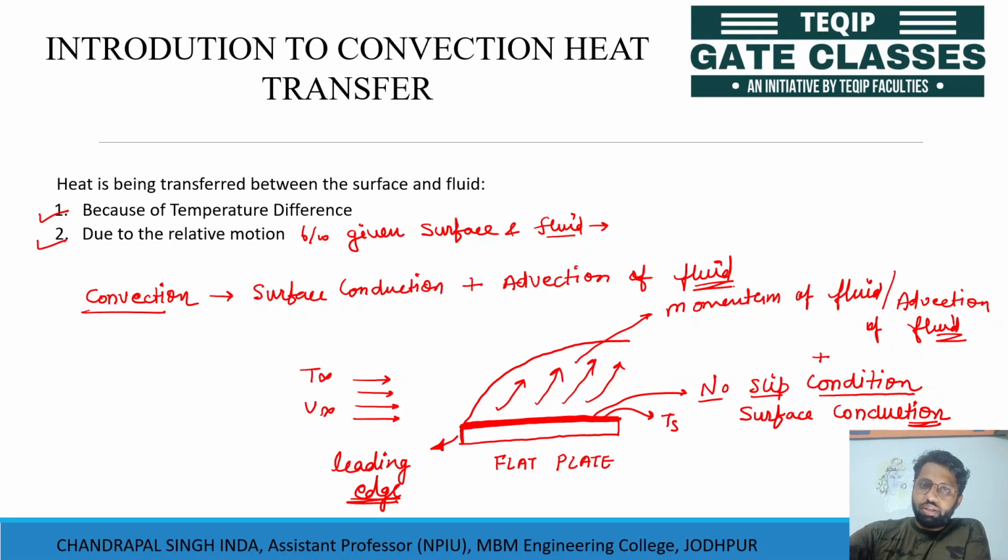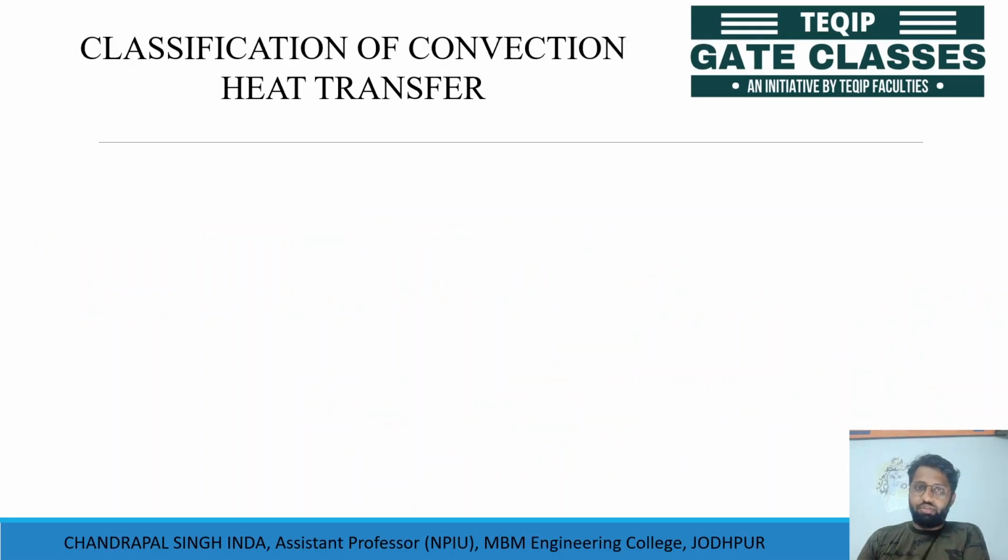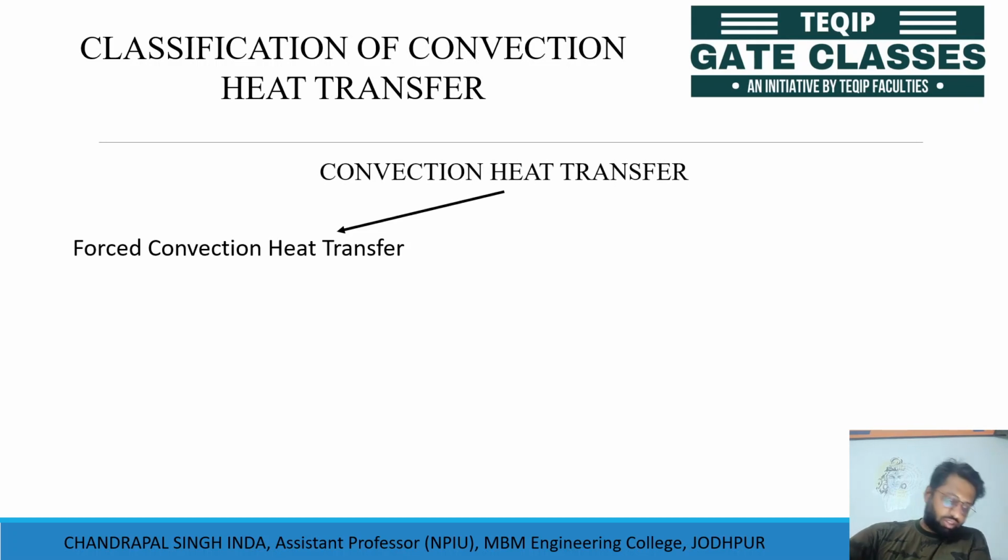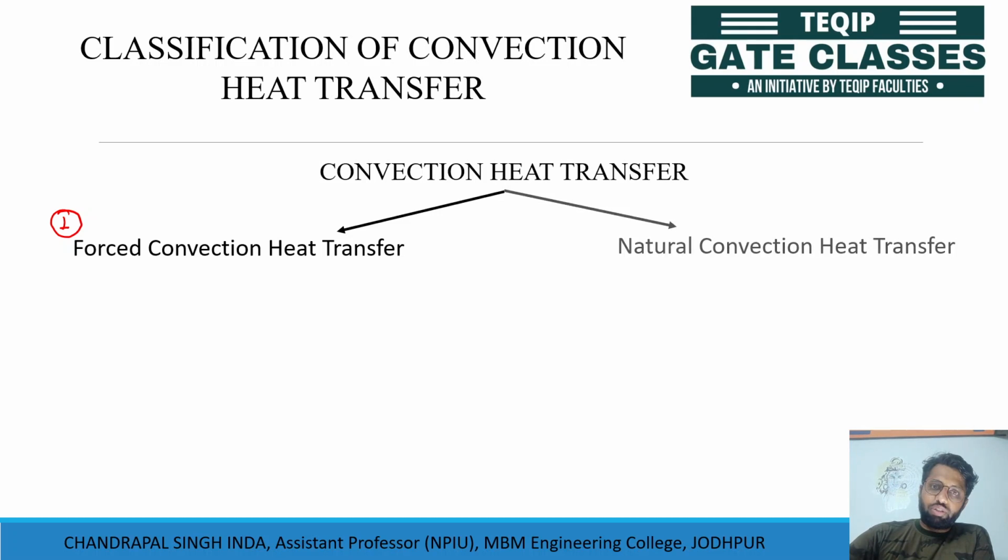Let's classify the convection heat transfer. The convection heat transfer is divided into two categories. One is forced convection. In a forced convection, the heat is carried away by the bulk movement of the fluid. This bulk movement of the fluid is due to the external forced mechanism. So the maximum heat is carried away by the external forced mechanism, and in case of the free convection or natural convection,